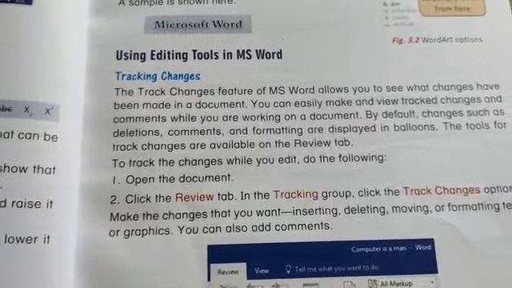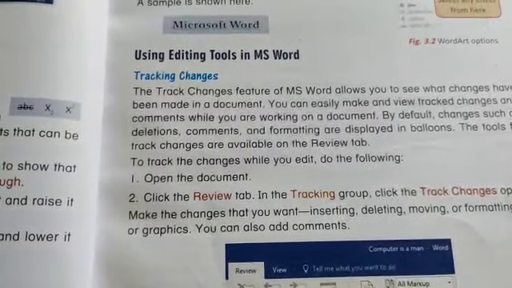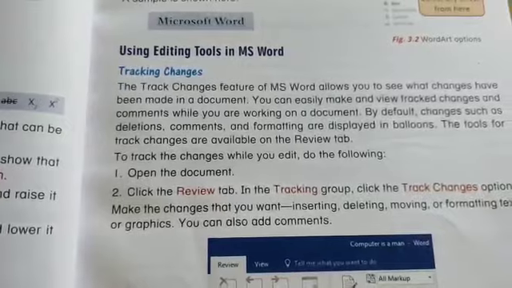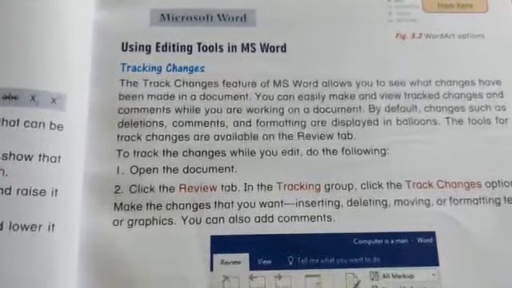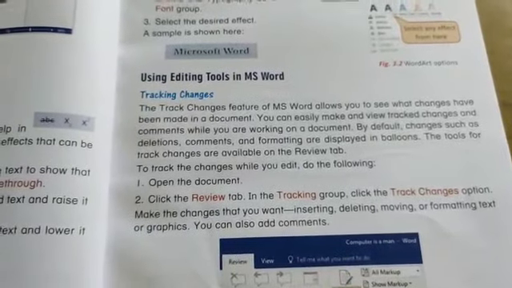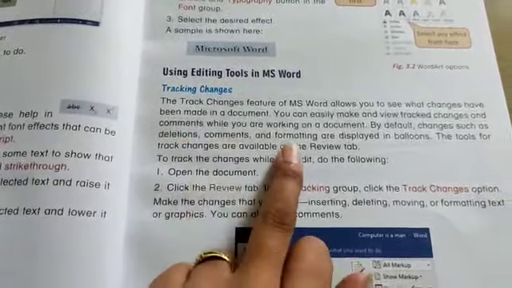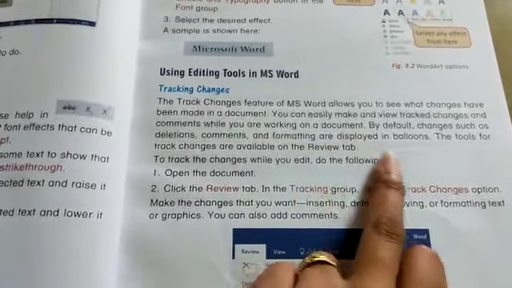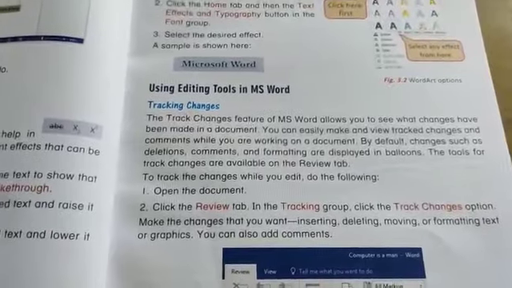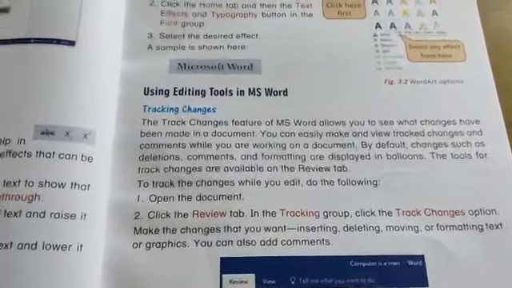By default, changes such as deletion, comments and formatting are displayed in balloons. If you have deleted something, or the comments have been deleted, or it is formatted, it will be displayed like a balloon. A small short balloon will be there to see that.